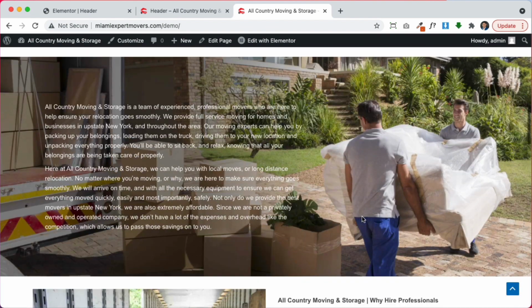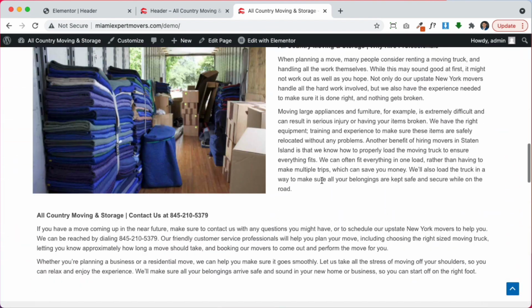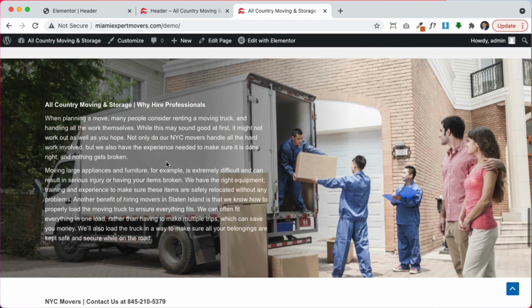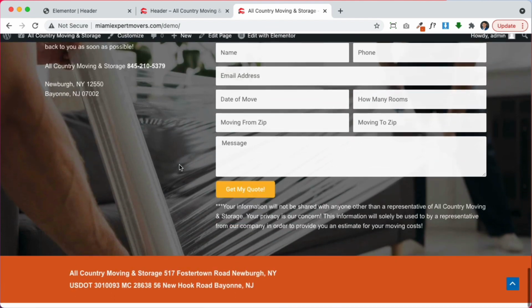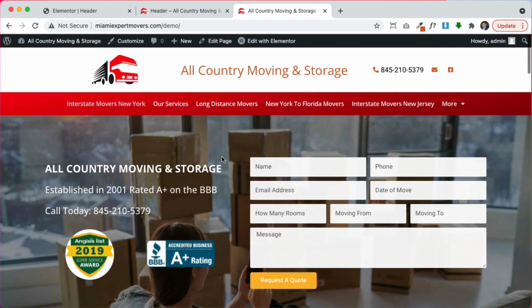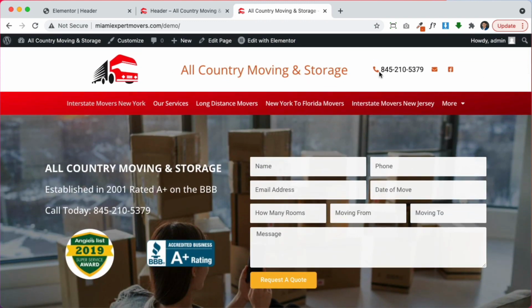That looks nice. We have that first section. This looks good. This looks good. This looks good. This looks nice. Perfect. The form and the footer. Alright, great. Now the one thing that I want to do, because the phone number and the name is so